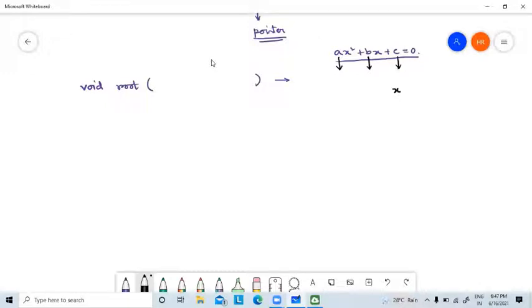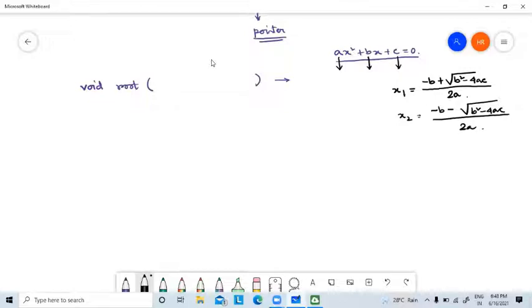According to the formula, the first root x1 is minus b plus square root of b square minus 4ac, this whole divided by 2a. And the next root x2 is minus b minus square root of b square minus 4ac, whole divided by 2a. So these are the equations for the two roots.